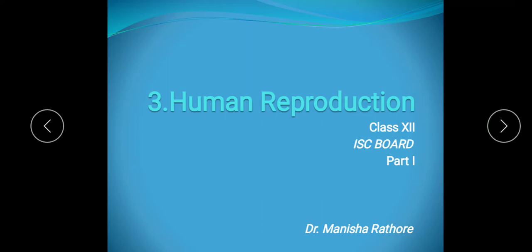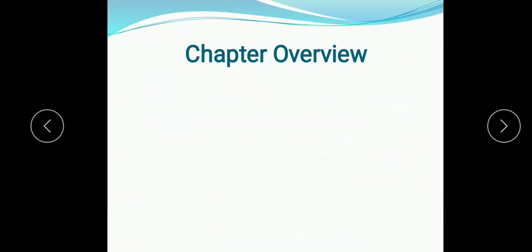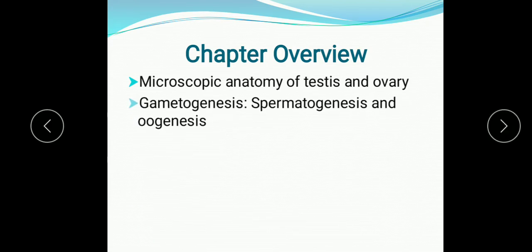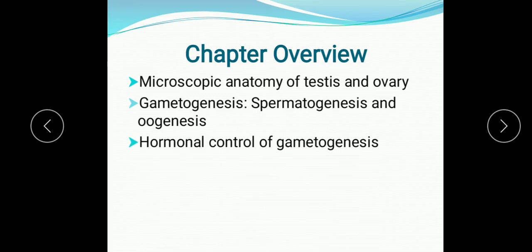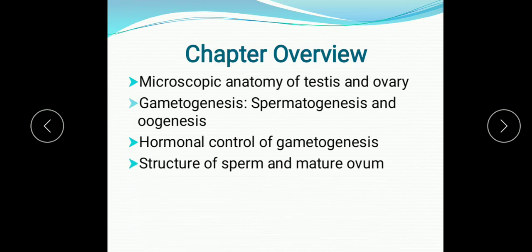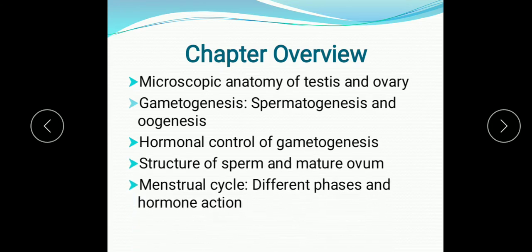Today we will start chapter 3, that is human reproduction, and first we will discuss the different topics involved in this. The different topics are: microscopic anatomy of the testes and the ovary, gametogenesis, that is the formation of gametes and its types, spermatogenesis and oogenesis, hormonal control of gametogenesis, structure of sperm and mature ovum,